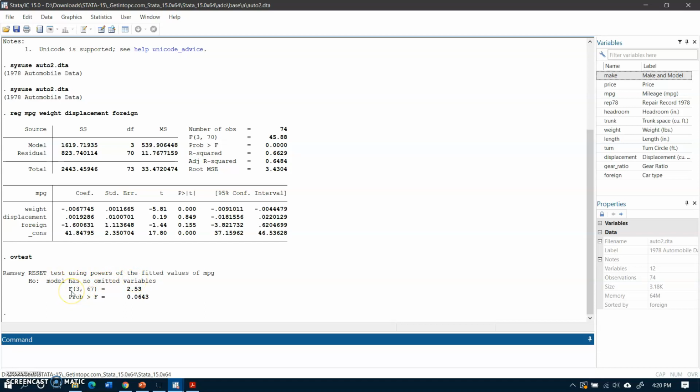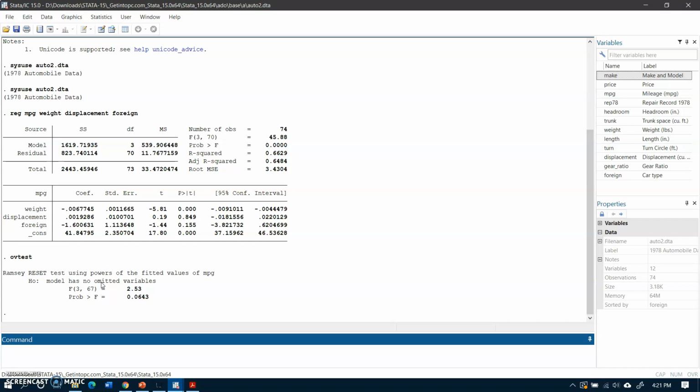The F statistic is this: 3 are the degrees of freedom of the numerator and 67 are the degrees of freedom for the denominator, and the value of the F statistic is 2.53 and its probability value is 0.06, which is greater than 0.05. So we fail to reject this null hypothesis, and it means that this model has no omitted variables.